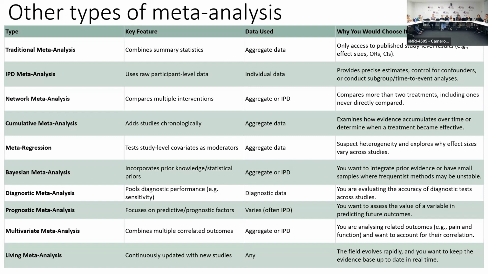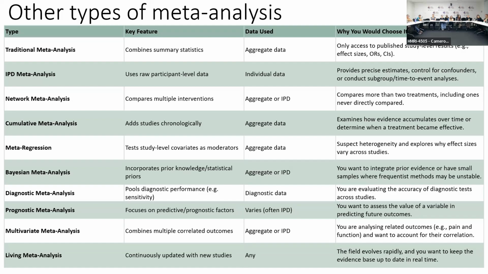So there's also network meta-analysis. I won't go through all of these because there's so many there, but you can come and talk to me later and I'll give you the slides. Cumulative meta-analysis, so you're adding studies over time. So that might be something that's really important, that's evolving really rapidly, like AI might be something that you add studies over time. Cochrane reviews kind of work this way. Oh, actually, they're probably more living meta-analysis. Anyway, meta-regression we've talked about. Bayesian meta-analysis, look guys, way too much, just chill out.